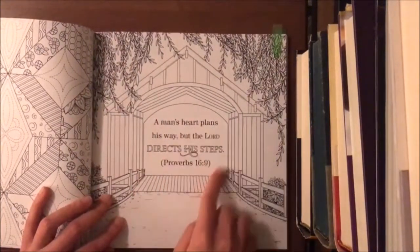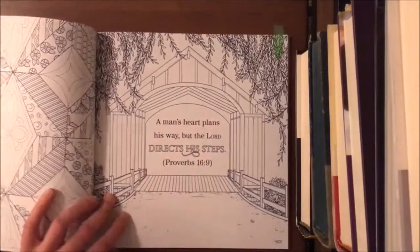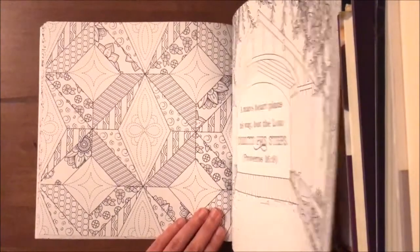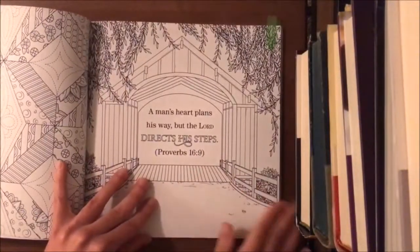Next, I'm not sure if I'm going to keep the sign, the thing back here. I might just put some paint over it, maybe come through with a white paint and write the words in myself. I'm not sure yet. What I want to do is I just kind of left this as a